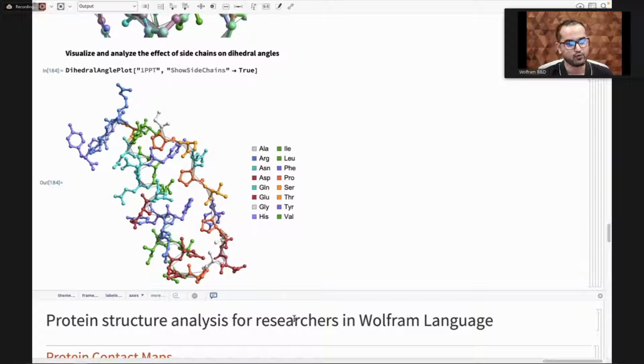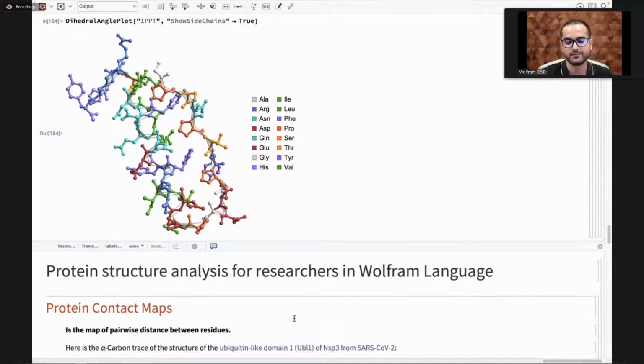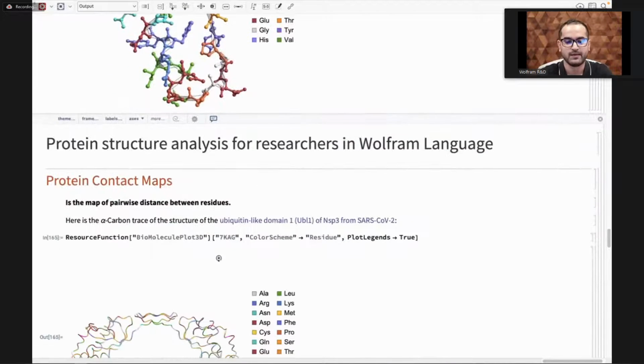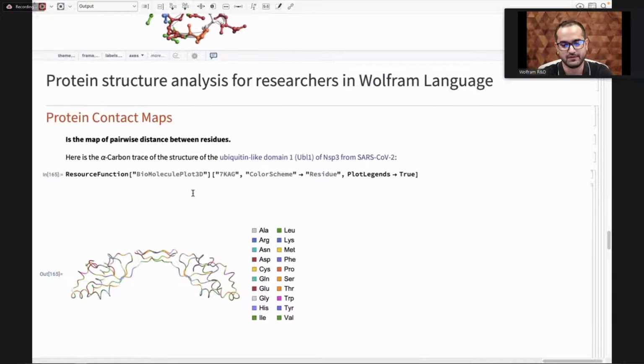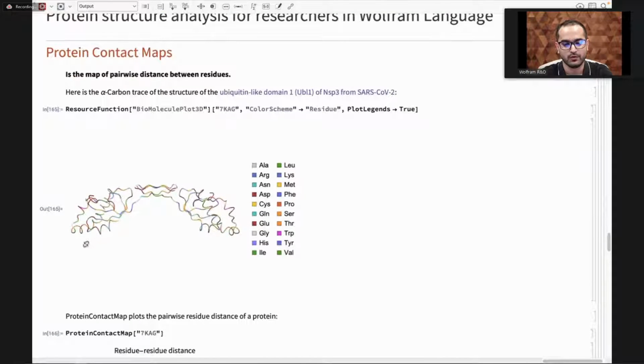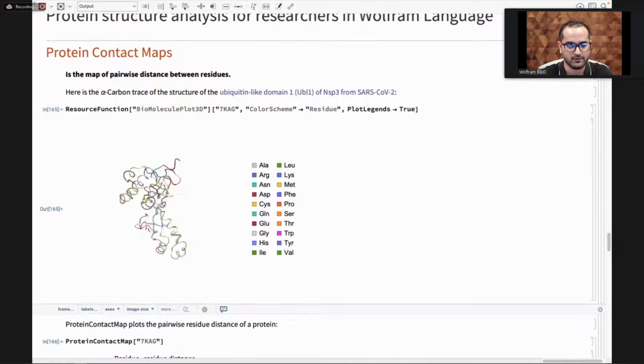to explain protein structures primarily for educational purposes, but there are quite a few functions that I wrote for research purposes also primarily. So protein contact maps are well known in structural biology, and these are basically contact maps of pairwise residue distances in protein backbone. So alpha carbon trace is basically just a smooth trace between alpha carbons of individual residues, and you can generate the alpha carbon trace of a given protein using this function. And as you can see, this just shows the alpha carbon trace between